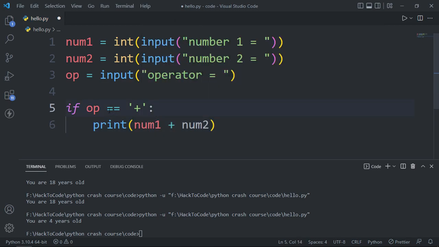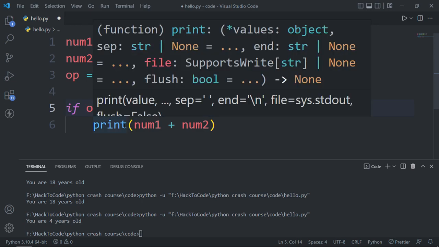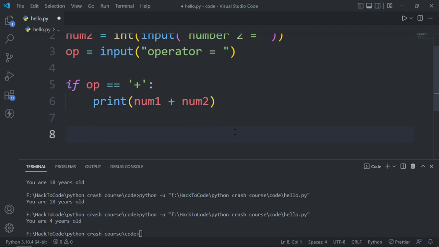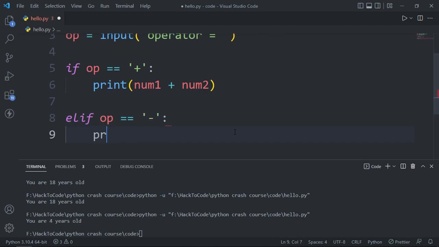This double equals will check that this thing is equal to this thing. We can't use single equals, because single equals is an assignment operator, which we have used here. To check whether something is equal to another thing, we have to use double equals. So if it's equal to plus, we will print num1 plus num2, and if it's equal to minus, elif operator is equal to minus, we will print num1 minus num2,